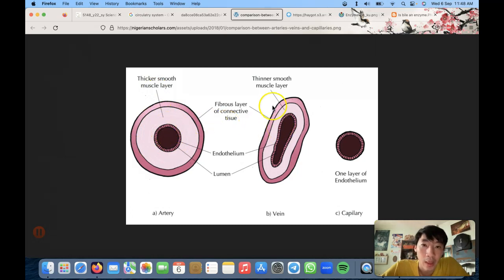Then we compare this to the vein. The vein has a thinner layer of muscle, but the vein has one advantage in that sense. The vein actually has a wider lumen space. A lumen is just the hole that's in the blood vessel. Okay, so you see the lumen. Compare this lumen with this one. Which one do you think is bigger? So here, it's so long and so big. There's a lot of space in a vein as compared to an artery.